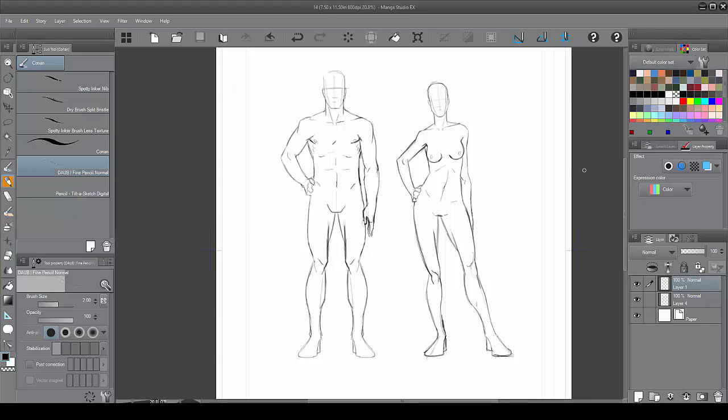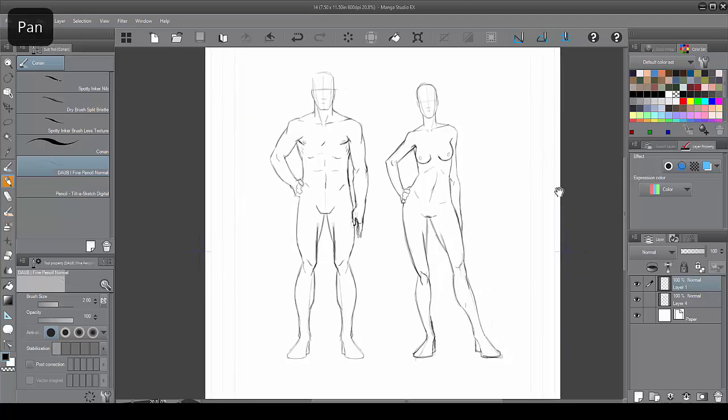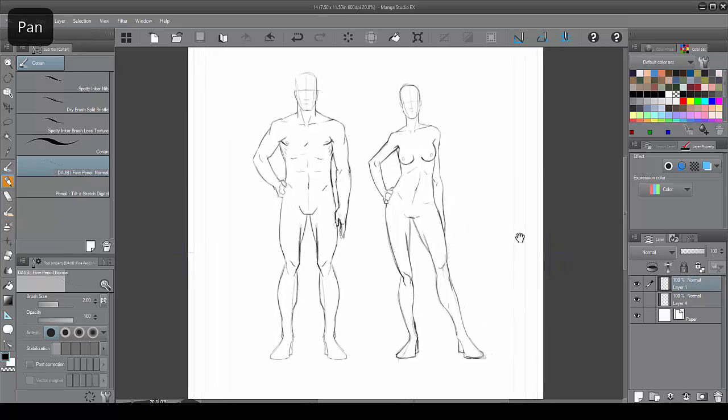Okay, so before we can move on any further, I just want to quickly talk about some of the key differences between drawing men and women. Now, everything I say in this section you need to take with a grain of salt, because everybody has a different body type, and you'll see what I mean as I go through this. So the first difference